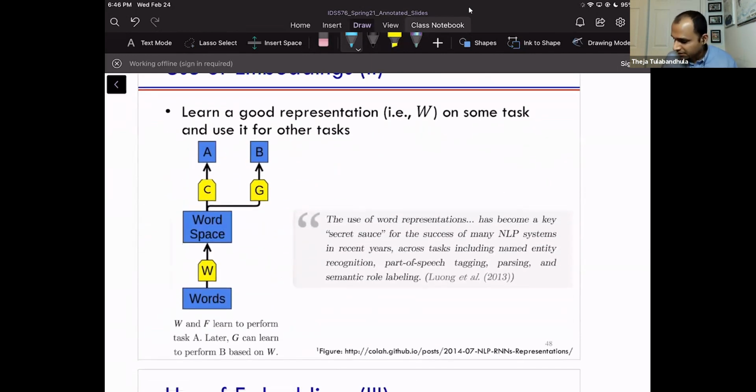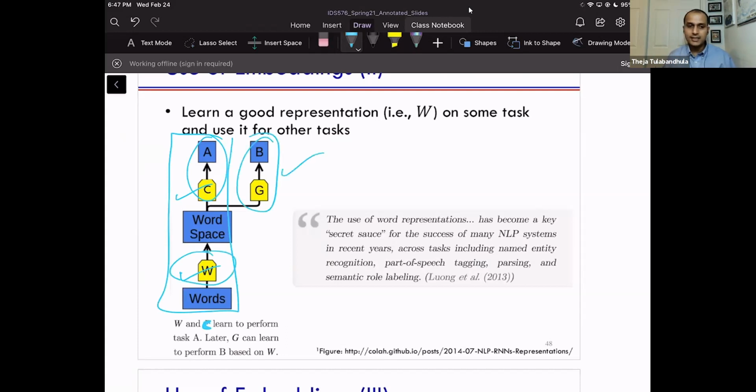And that is summarized in this picture. So basically what you do is you learn W and C, which are the trainable parameters. W would be the bunch of word vectors, and C would be some parameters of the classification task. So you first learn this part, and then you can use W in another part later on. Once you've trained W in conjunction with C, you learn the word embeddings. You can use those embeddings for any other task that you want to use.